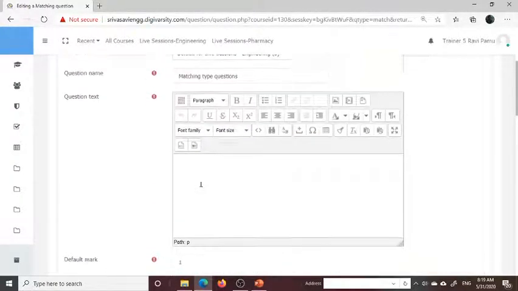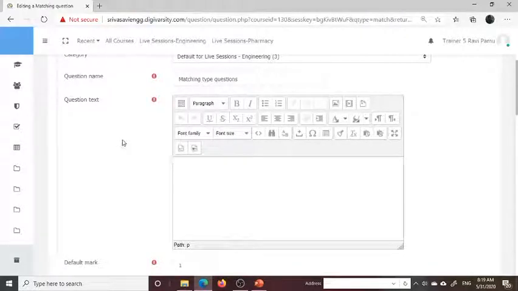What is the default? Now we can give a question text. What is the question text? Match the following sentences with suitable answers.